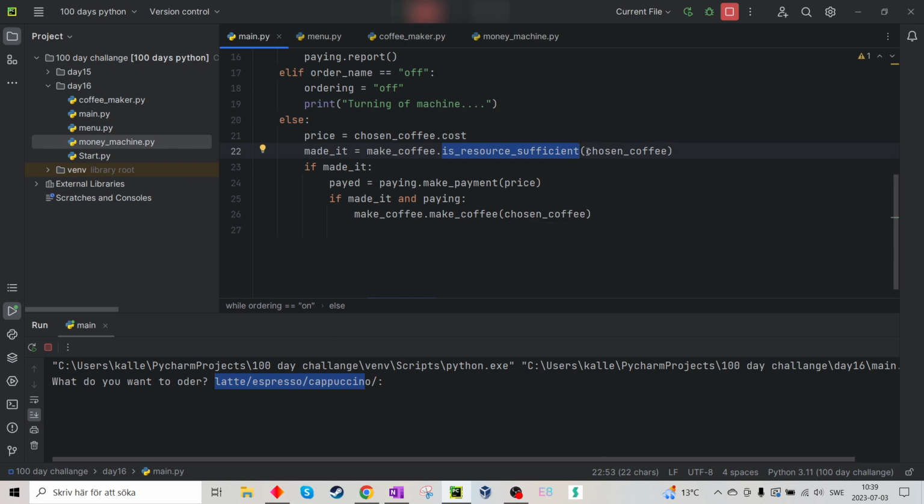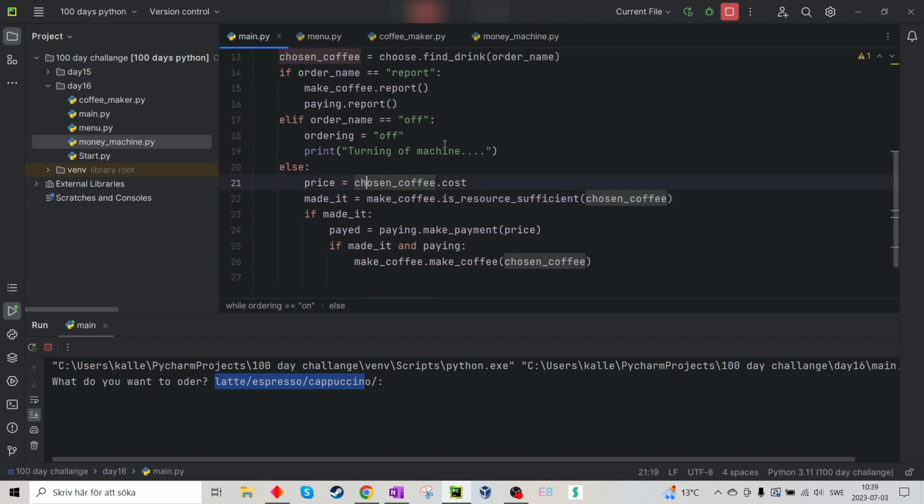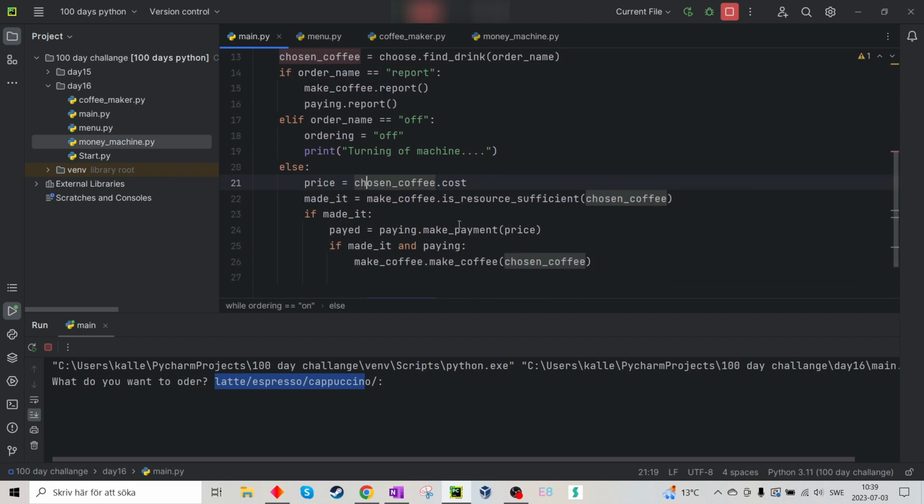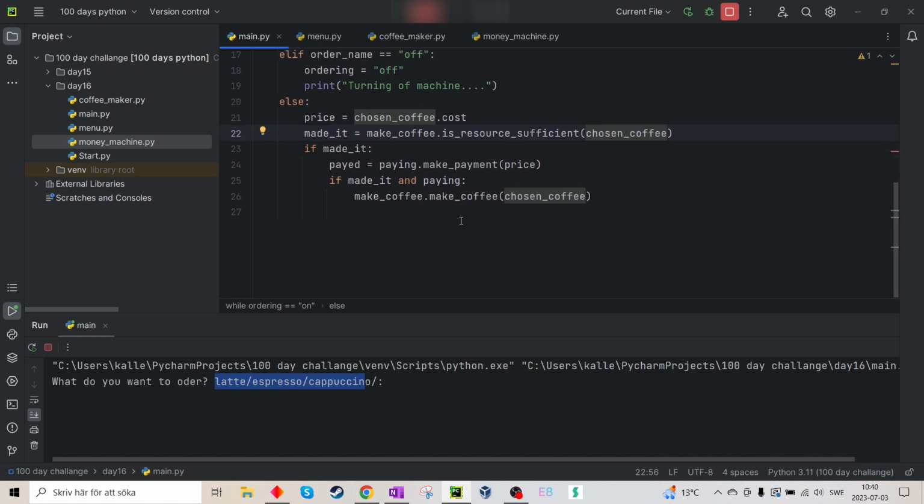And then to see if I have enough resources, I of course take my chosen coffee. So here, if I choose a latte, do I have enough resources to make the latte? Do I have 200 milliliters of water, and so forth and so forth. And if it's possible to make the coffee,